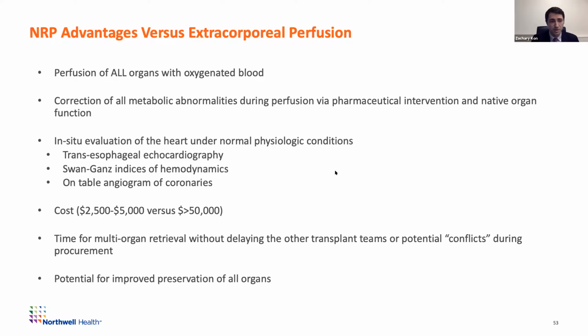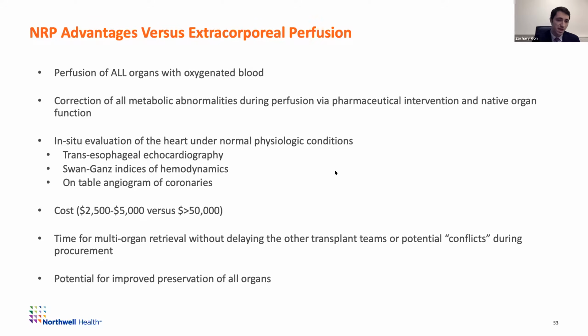But as was alluded to earlier, families have been really, really willing to help get these organs transplanted. And I think maybe there's some selection bias for a family willing to donate a heart as a DCD. They're willing to have more things done to that family member, but we've not had an issue actually getting a pre-withdrawal angiogram on these folks. However, this still is an option for when that is either logistically not feasible or not the wishes of the family and donor.